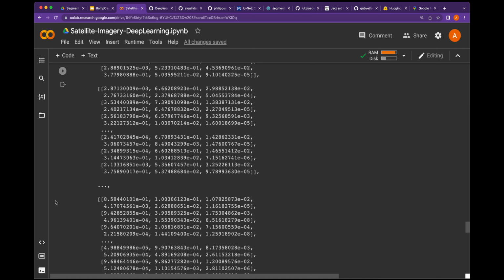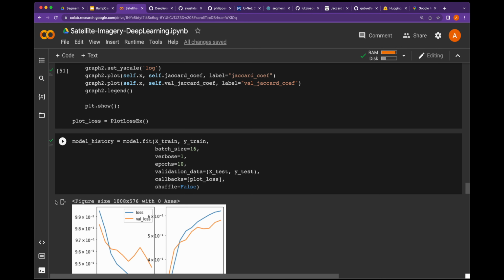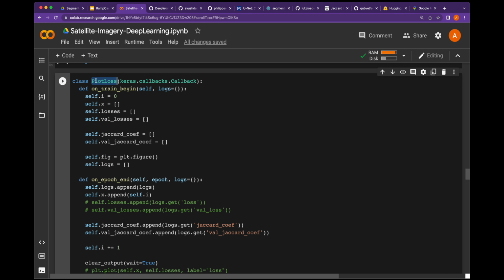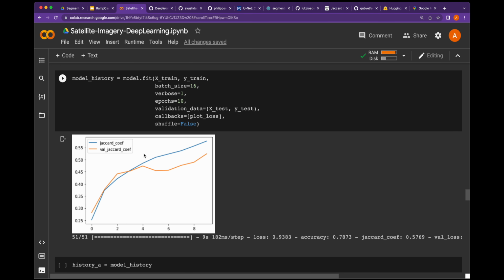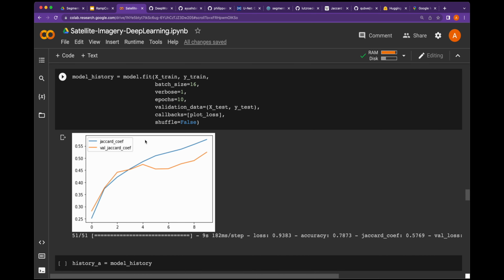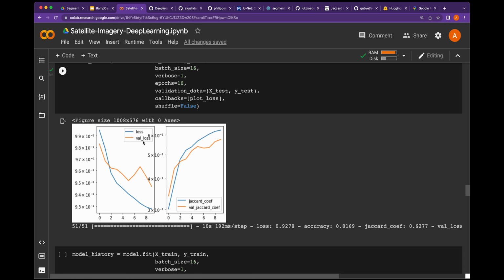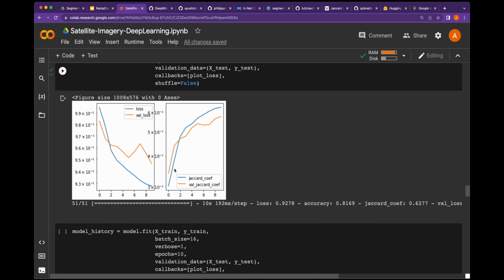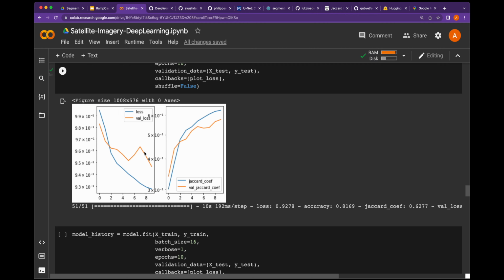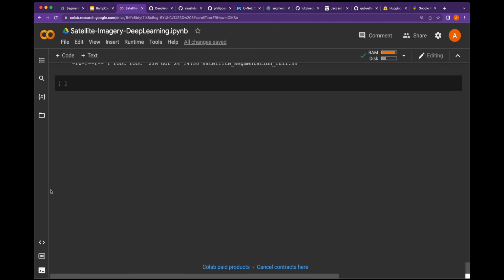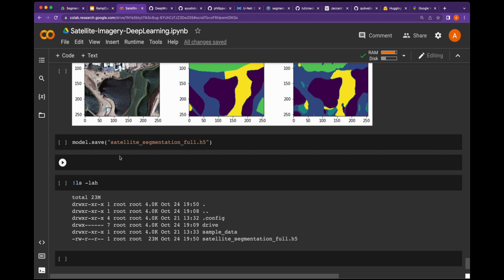Further, we add diagnostics to our model training process where we add two separate classes. One is plot loss, where we learn real-time model diagnostics by printing the model metrics after each epoch, and we extend our diagnostic class by printing two or more validation metrics, loss and Jaccard with the validation metrics, and we also see these values after each epoch. Finally, we download our model to the local file system